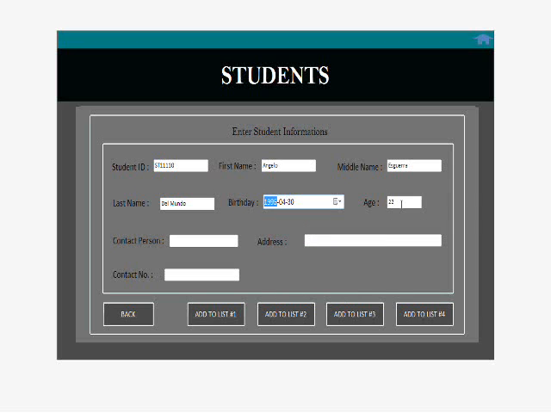As you can see, our age is automatic. So next is contact person, address, contact number 0928.